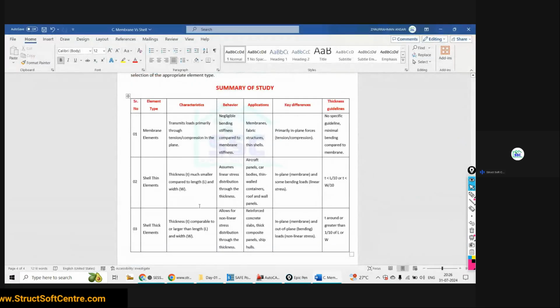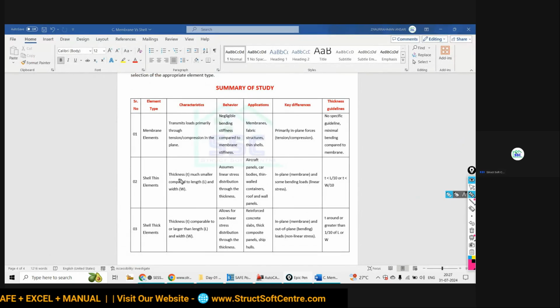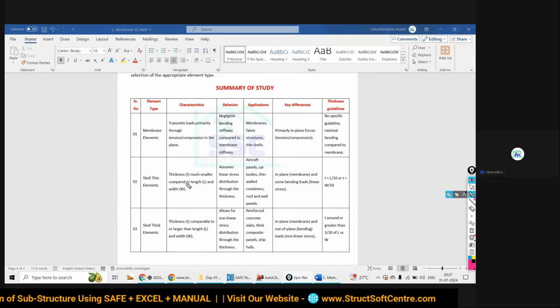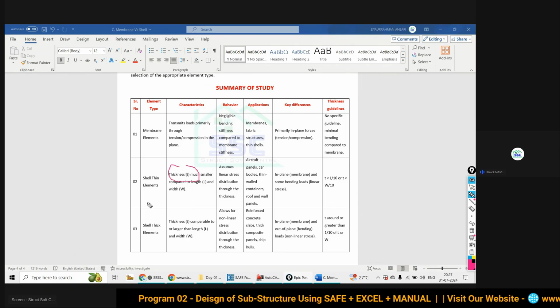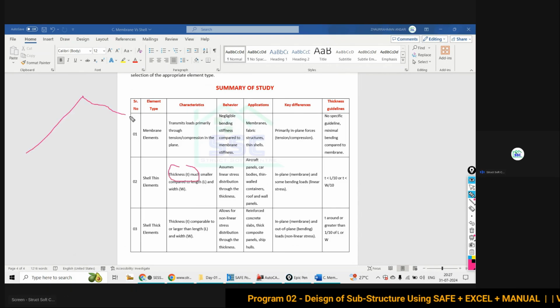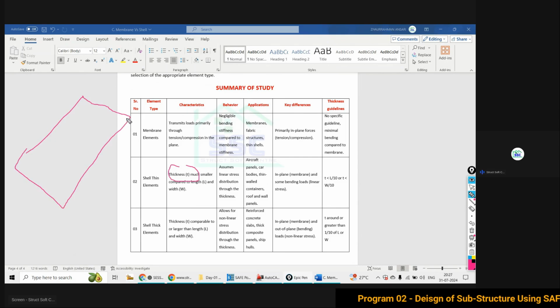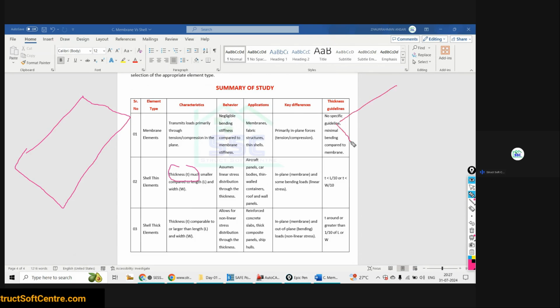A very interesting question was raised by Shri Nawaz sir. Shell thin elements have thickness much smaller compared to the length and width, very small in comparison to its length and width. See, suppose you are going to consider the floor slab.